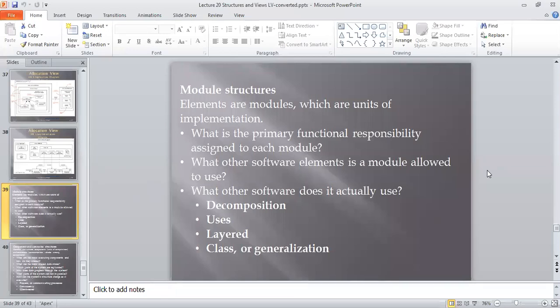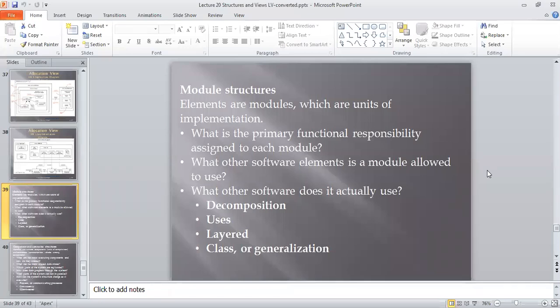What is the primary functional responsibility assigned to each module? It ultimately follows the requirements collected from the stakeholders. Here, for a business cycle, the stakeholder is nothing but our customer. The satisfaction of customer requirements, the ultimate outcome of a particular architecture, is nothing but the customer requirement. So what is the primary functional responsibility assigned to each module? It focuses on the customer requirement collected from your stakeholders.